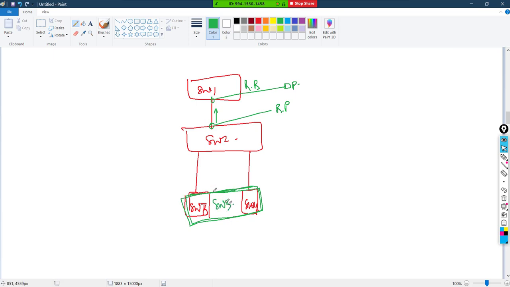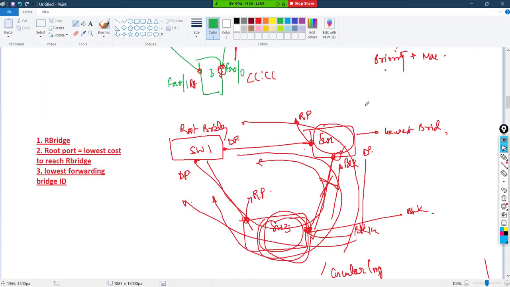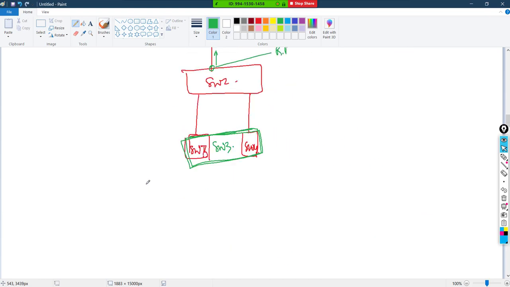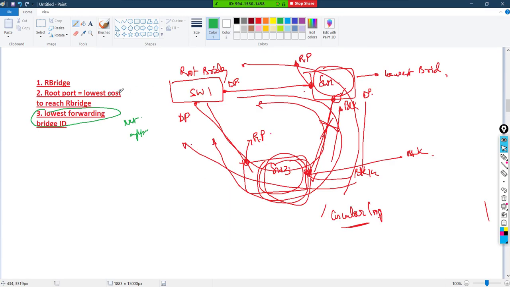So let's say this is switch 3. When I have two different cables to my forwarding switch, the third criterion fails. That means this criterion is now not applicable, right? Because if you see from this switch, the forwarding switch is again the same, right? So you cannot decide whether this is to be blocked or this is to be blocked, because this is now not an